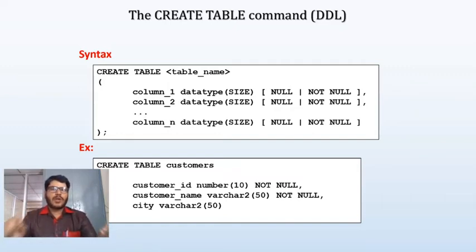So semicolon, what does it indicate? It indicates termination of the statement. When I include a semicolon, that is the indication of the statement completion. After this, if I press enter, then the SQL compiler will start compiling the statement. It will convert the high level language into machine level language, and it will pass the query to the DBMS. So this is how the SQL compiler is going to work.